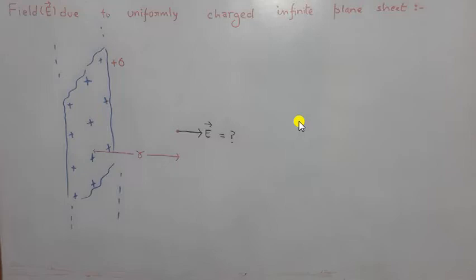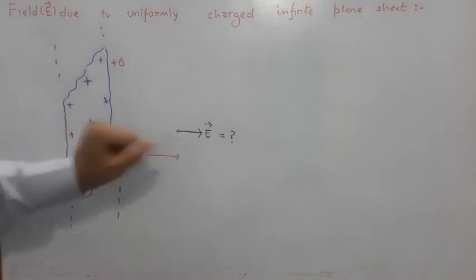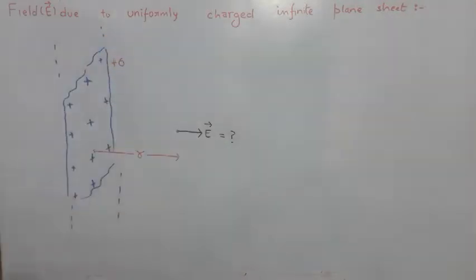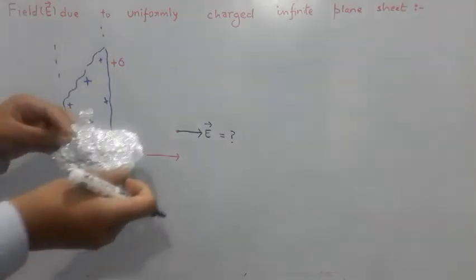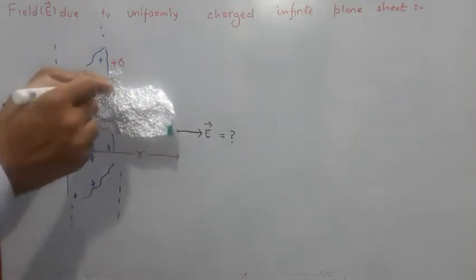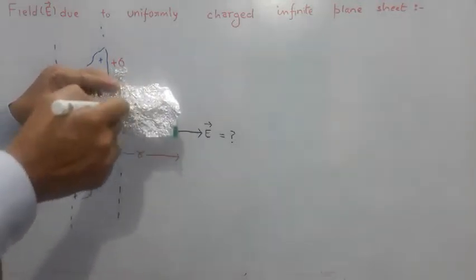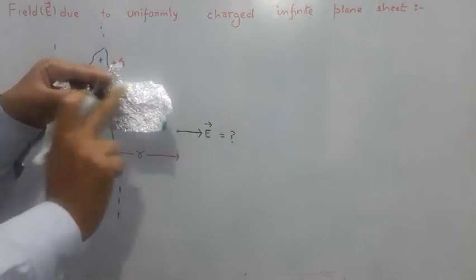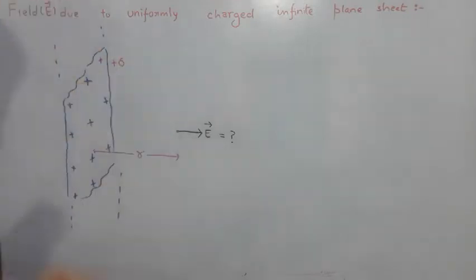Continuing our discussion, today the first topic that I would like to discuss is finding electric field due to a uniformly charged infinite plane sheet. The figure shows a thin sheet of charge, like so. Suppose this is a sheet of charge and the charges are present on one of the faces like this. One side has been rubbed and it has been charged, for example.